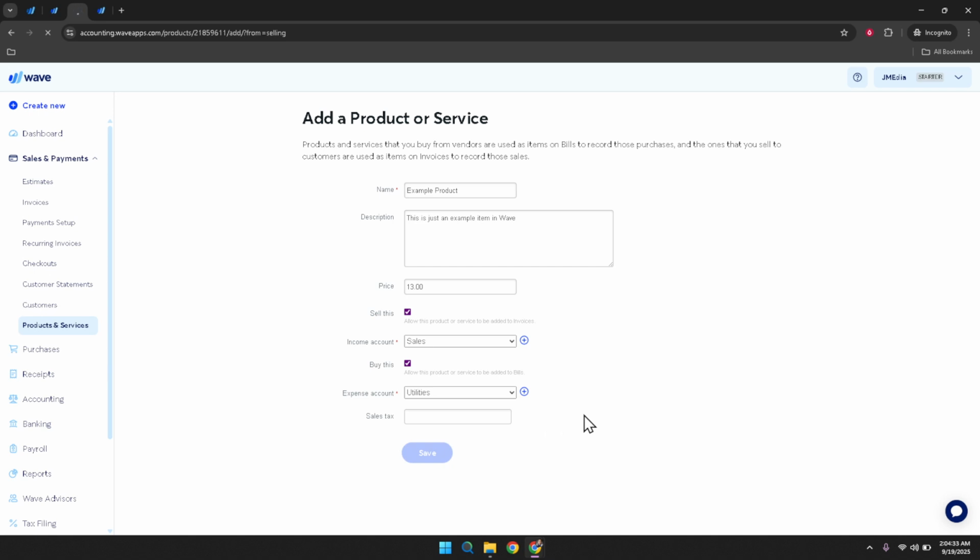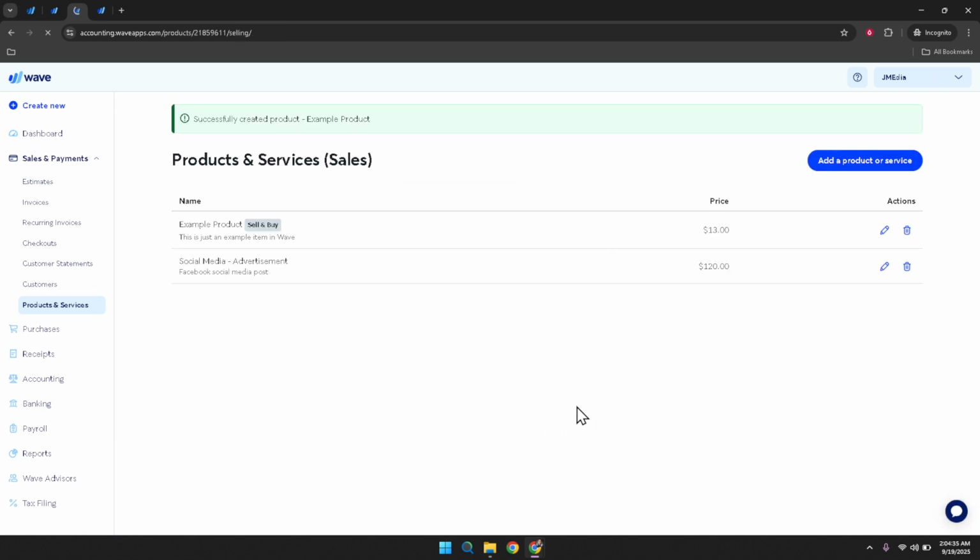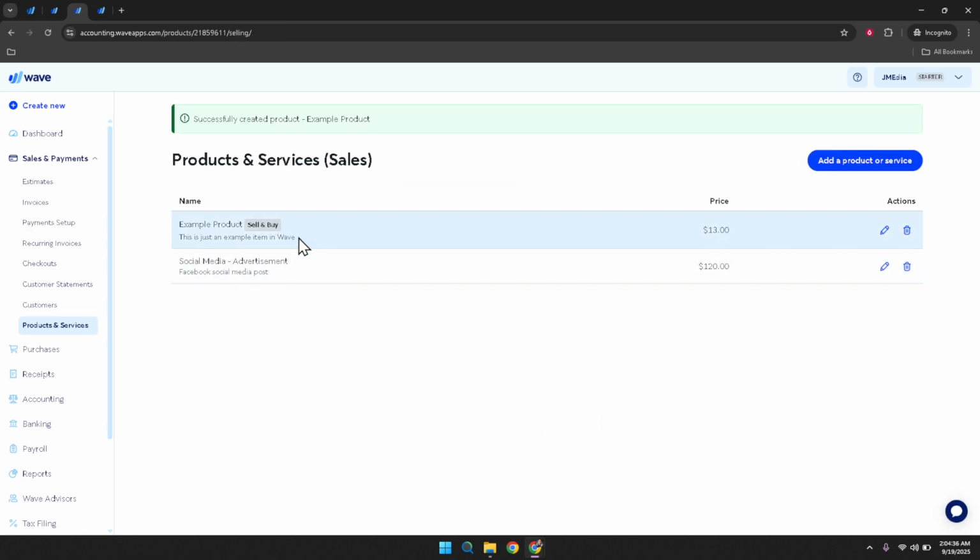And that wraps up this tutorial. By following these steps, you should be able to manage and add products efficiently in Wave accounting, making your financial management even more